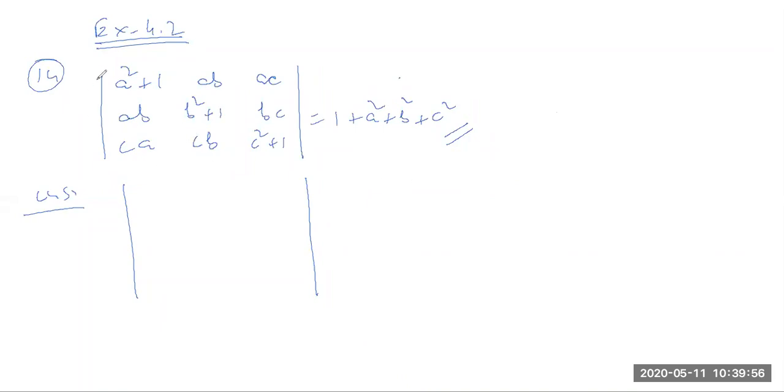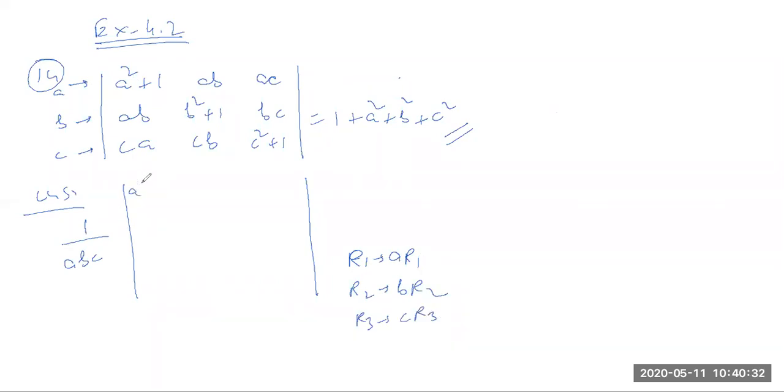Okay, what we are doing, we are just trying to multiply by A. We are multiplying by A in this term. In this one we'll multiply by B, and in this we'll multiply by C. And if we are multiplying, we need to divide also definitely. So outside we'll write 1 upon ABC, and we'll multiply to this term. So we'll replace R1 by AR1. Similarly, R2 will be replaced by BR2 and R3 will be replaced by CR3.